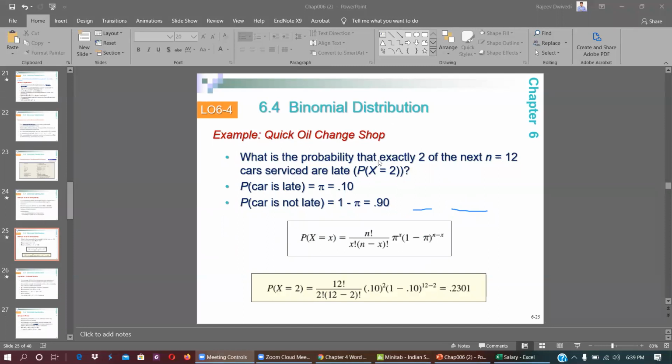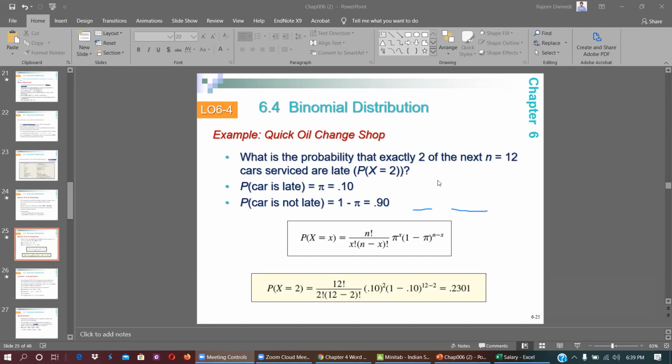What is the probability that exactly 2 of the next 12 cars serviced are late? The probability of a car being late is 10%, and the probability of a car not being late is 90%. So what we have now,